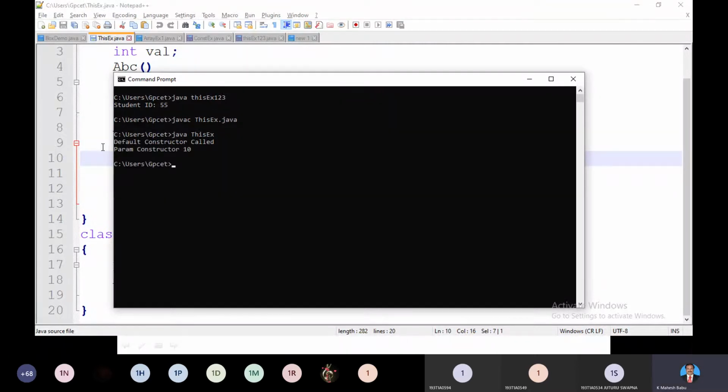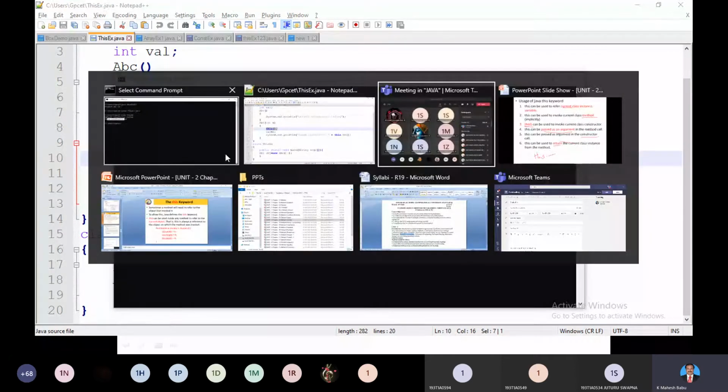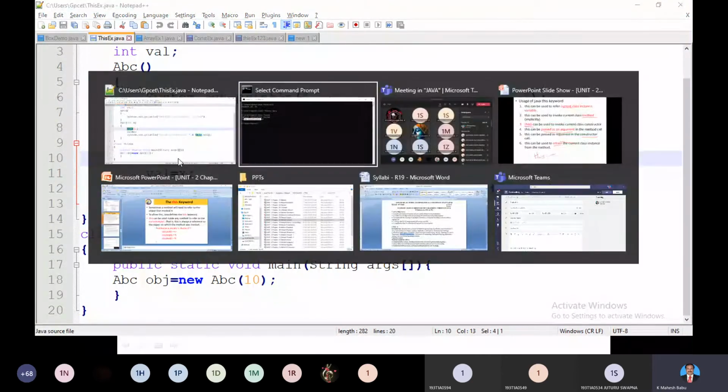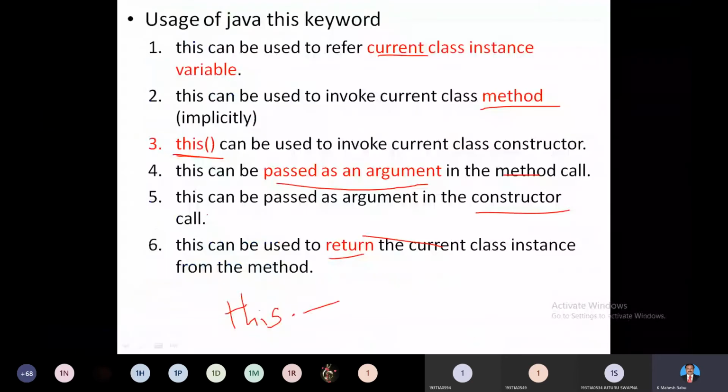So first, what happens here: the default constructor is going to be called, and next the parameter constructor, and it shows the value 10. Clear? So here two constructors are initiated one by one just because of this followed by this. So this always represents the current object, and also we can invoke a parent constructor or a constructor which is going to be referred by the current object. These are two important things, please remember.